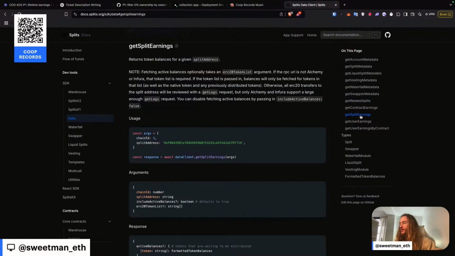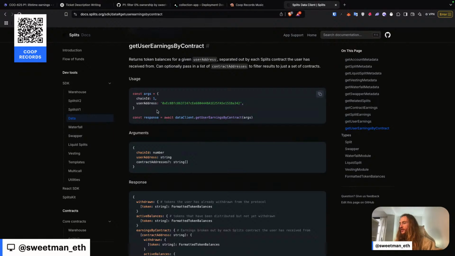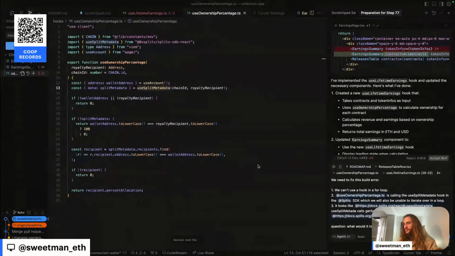Get split earnings, get user earnings, get earnings by contract. And we can pass in contract addresses. Now I'm wondering if we want to use the get user earnings by contract, because what this would allow us to do is we don't even need to tell it the ownership percentage because the splits already know it. I'm starting to think get user earnings